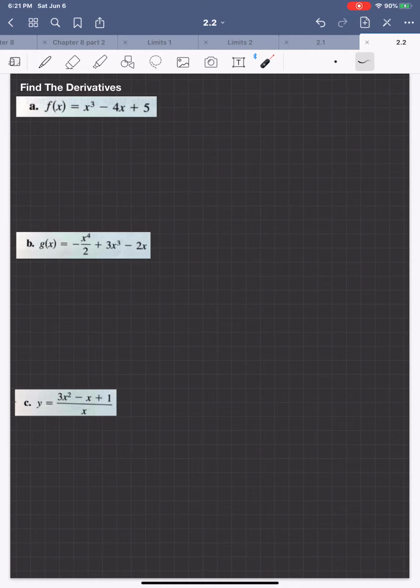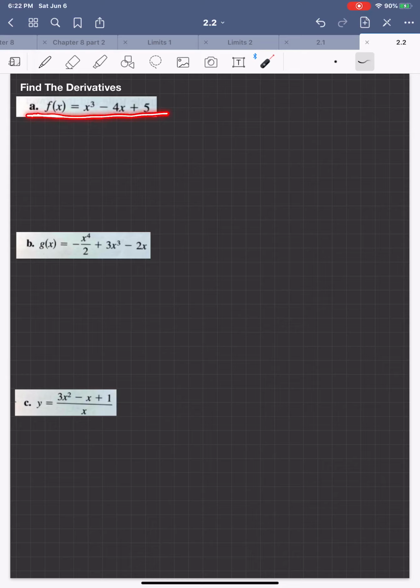Let's go ahead and just continue working. Feel free to pause the video and try some of these. Part C is just a good one for being able to rewrite your function. But okay, so the good news is that